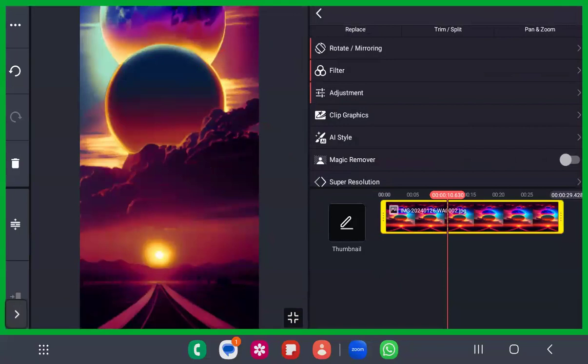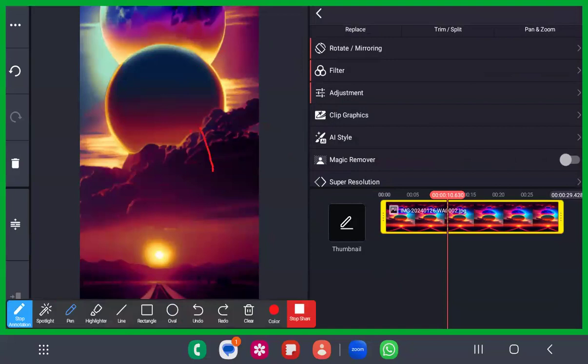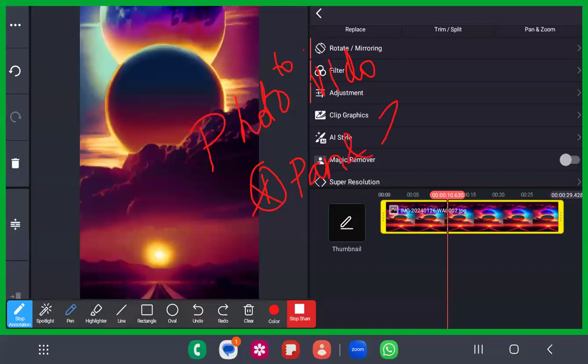Okay, now there's something called script graphics. This is the important thing that I'm going to explain to you today in the conversion of a photo to a video. What we are discussing today is how to convert a photo into a video. Photo to video, correct? Please be very attentive now. The first important thing that we have learned in this is pan and zoom. Dear sisters and brothers, pan and zoom.